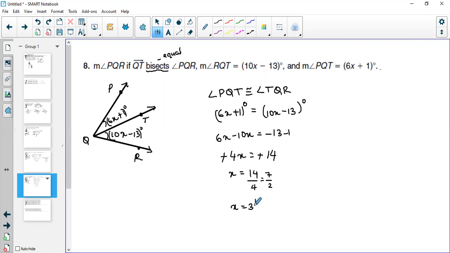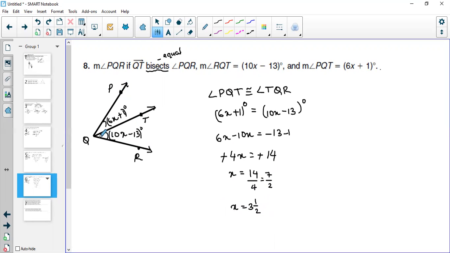If I convert this into a fraction, I'm going to get x is equal to 3.5, because you will divide 7 by 2. So 7 divided by 2 will give you 3 and 1 as the remainder. Okay, so x is equal to 3.5, or if you are doing it in decimals, that's going to be x is equal to 3.5. All right, now that we have found the value of x, we have to find the value